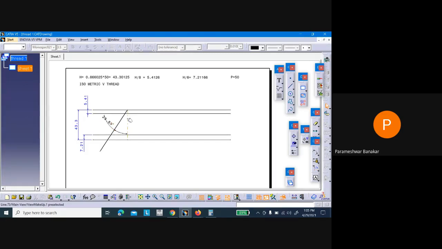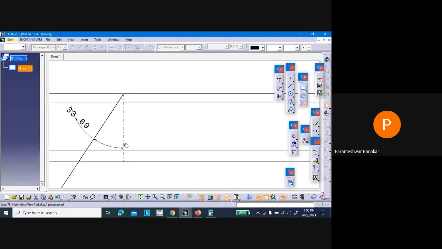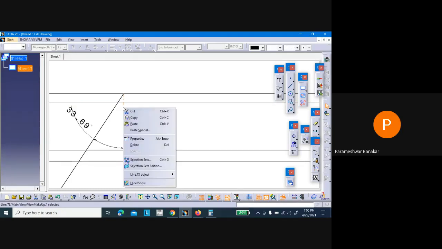Then you fix this line, the reference line, the axis. Select this line. Just a second, I'll zoom it. Select this line. It's not taking, it is slow. Okay.